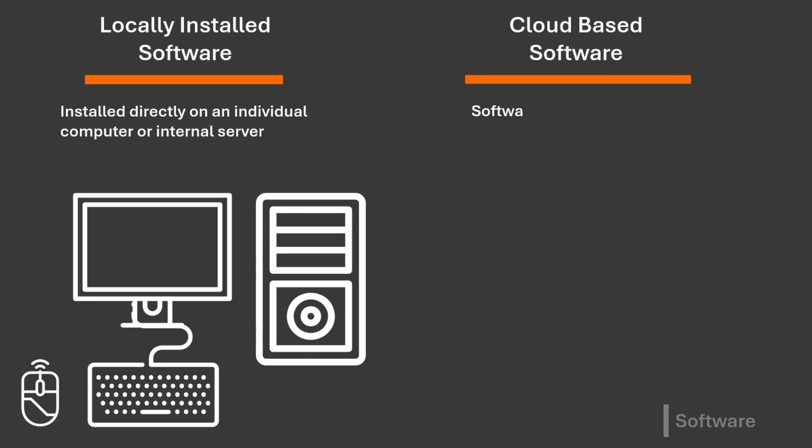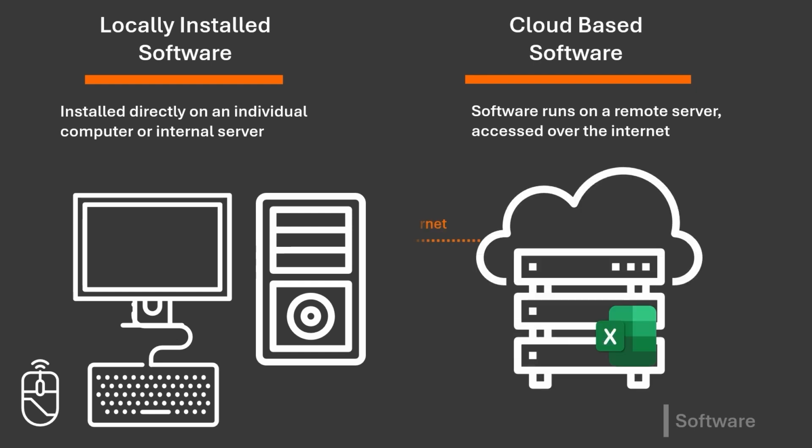This means the software runs on remote servers and you can access it over the internet instead of installing it on a specific machine. For example, Microsoft 365 allows you to open Excel from any device, collaborate in real time, and access the latest version without manually updating the software. So in this case, the actual Excel application runs on Microsoft's cloud servers, which we can access from any device